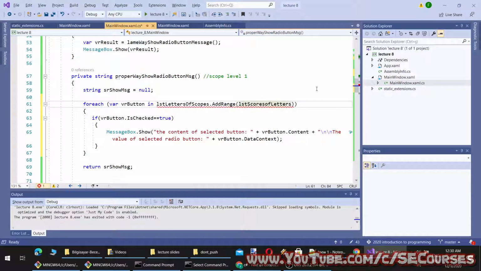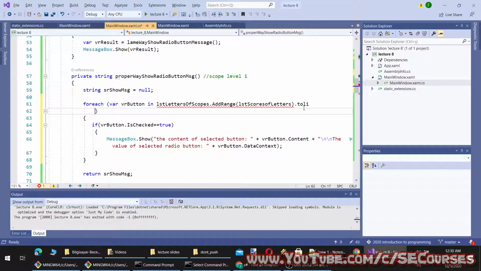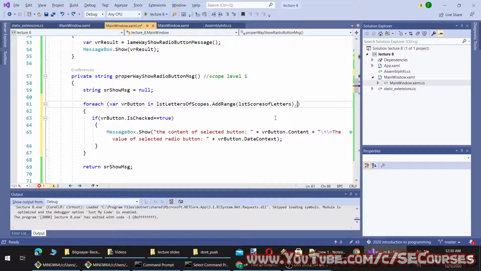So with one foreach loop, now I will make this as 2 1. It doesn't work.